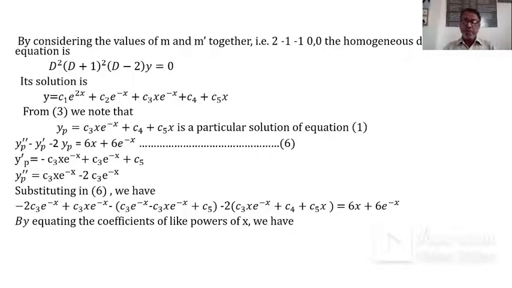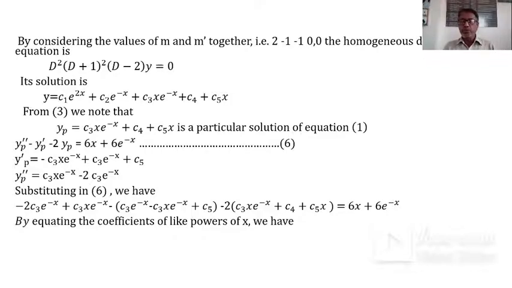Therefore, we get its general solution: y is equal to c1 e to the power 2x plus, since this minus 1 is repeated twice, corresponding to this we write the term (c2 plus c3x) into e to the power minus x, and then the next terms from this are (c4 plus c5x) into e to the power 0x,